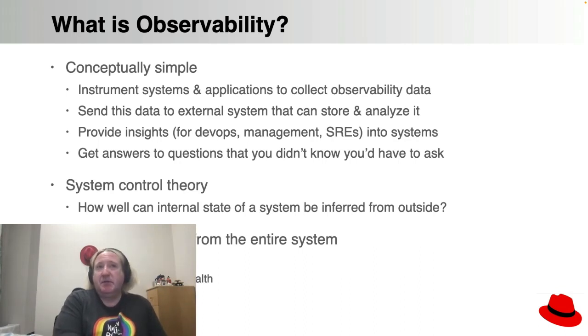Once you have that data, you can then use things like a query language or almost like an experimental approach of looking at the data, of digging into it and trying to see what's going on by asking open-ended questions. And that flexibility is key because it's what provides you with the insights. And you don't necessarily know what you're going to need to ask when you start trying to figure out what is the root cause of this outage. Why are we seeing problems in the system?